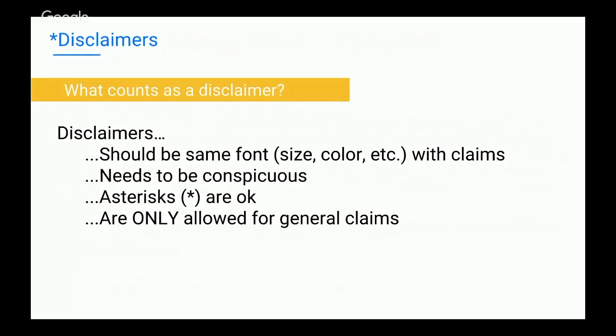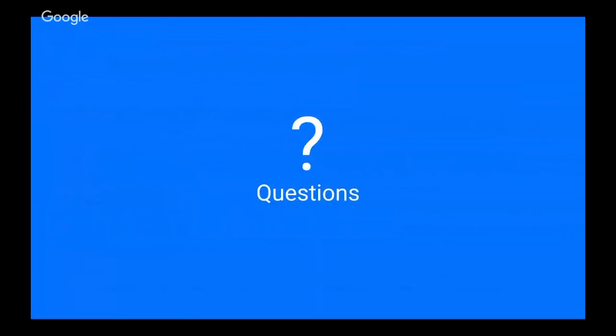Yep, exactly. Okay, so like we said, what counts as a disclaimer? And only for general claims. If you are making a permanent or a specific claim, lose 10 pounds in 10 days, permanently lose 10 pounds for the rest of your life, it's never coming back. The permanent one is a no-go, and the specific one needs to be backed up by that third-party research showing that it's true.